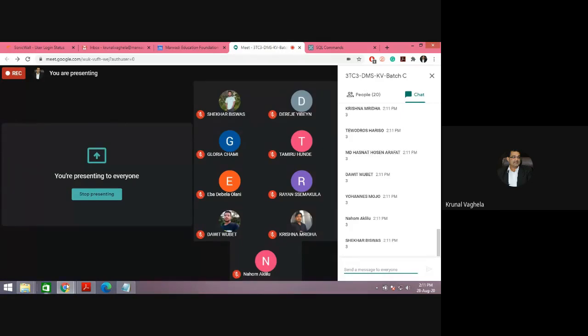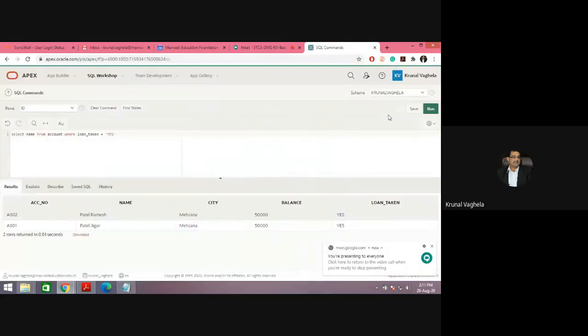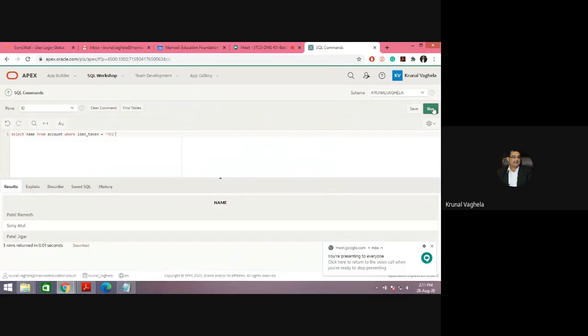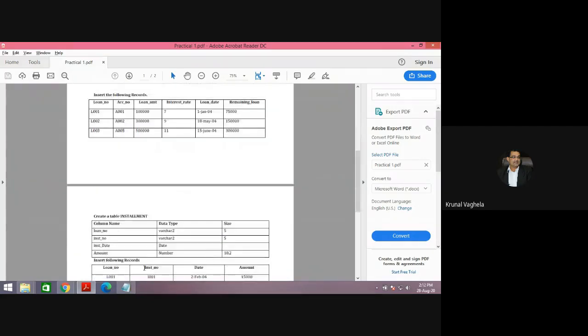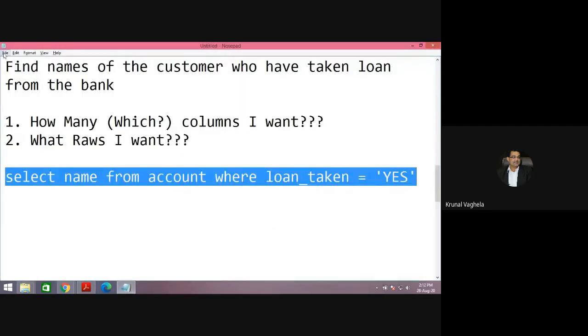Because three customers have taken the loan. Let me run it. I got only the names Patel Ramesh, Soni Atul and Patel Jigar. So Patel Jigar, Patel Ramesh and Soni Atul have taken the loan. Got the point? Now let me write one more query.